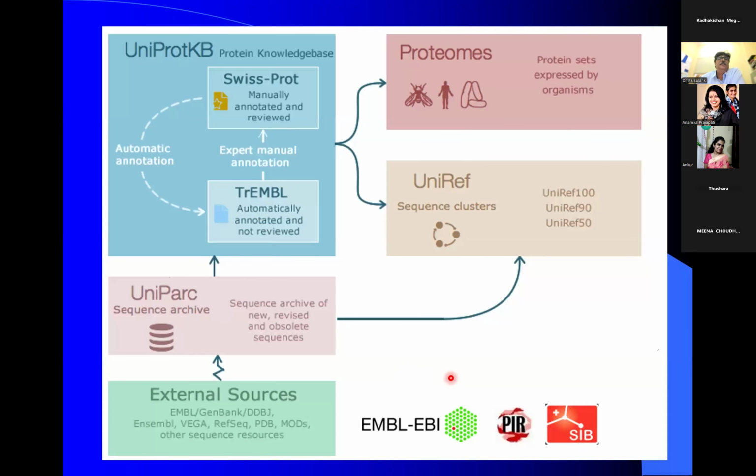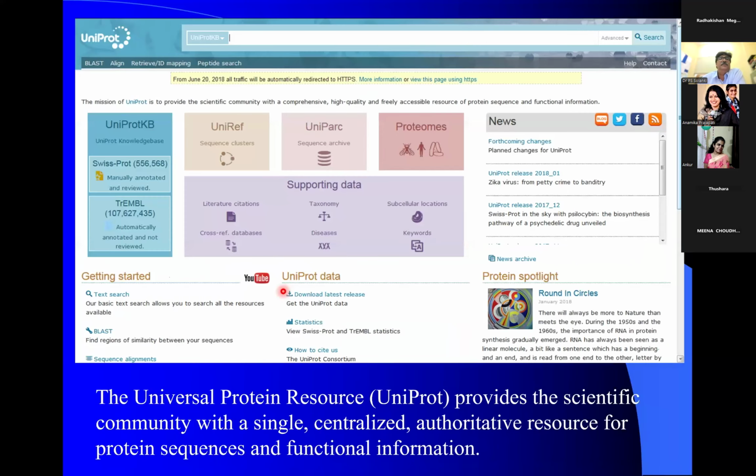इस तरीके से हम यूनिप्रोट के ट्रेम्बल और स्विस प्रोट को देखते हैं, जिसमें ऑटोमेटिक प्रोसेस कर दिया है। इसके बाद इसको यूनिरेफ में डिवाइड कर दिया है, ये यूनिक रेफरेंस सीक्वेंसेस बना दिए हैं, क्लस्टर्स बना दिए हैं इनके अलग से। एक या कई सारे सोर्स से लेते हैं। दिस इज हाउ द प्रोटीन सीक्वेंसेस आर वर्किंग. So you can see this is how it works. So I hope now you understand about the data bank, प्रोटीन के और डीएनए के क्या क्या होते हैं।